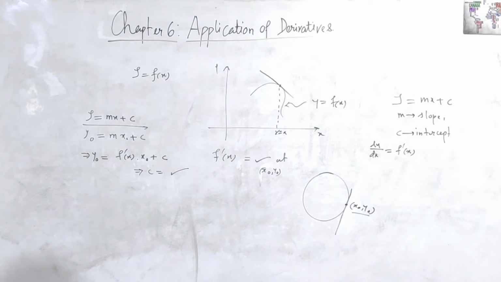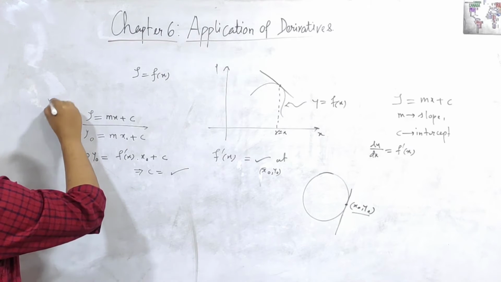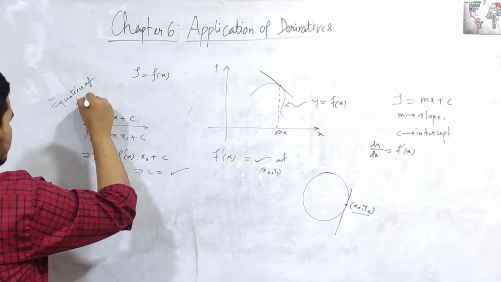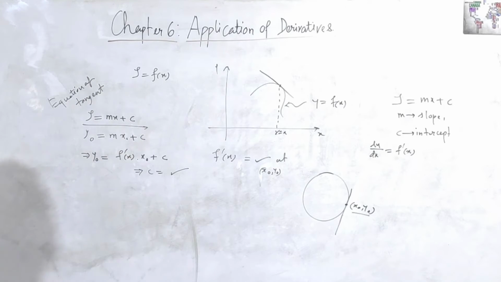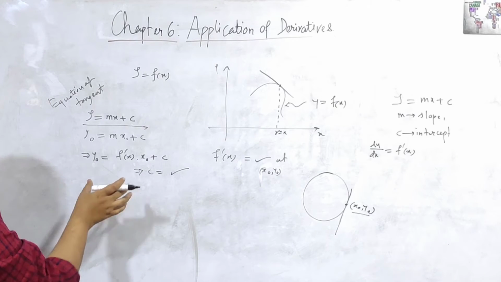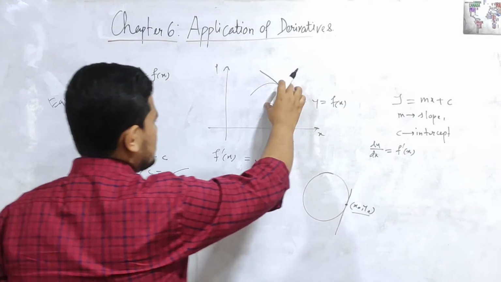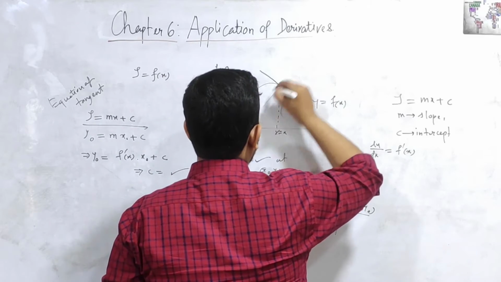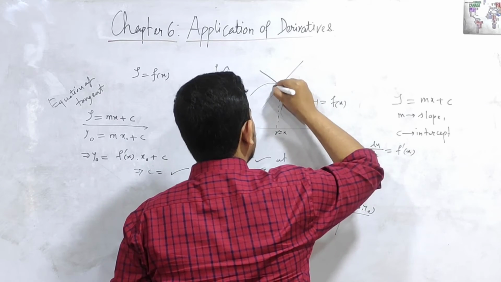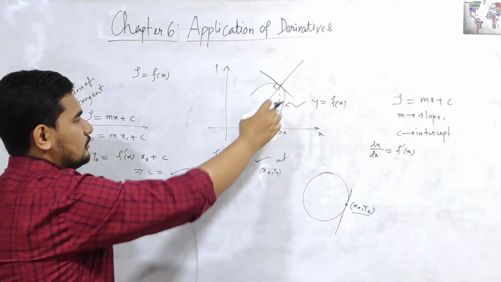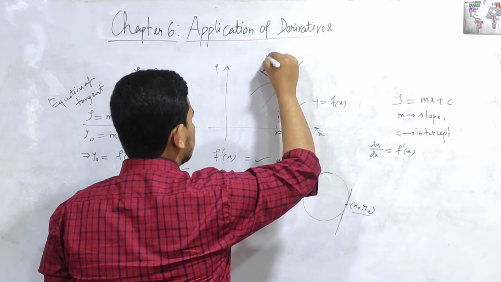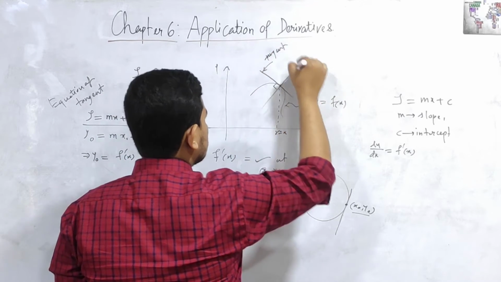This is the equation of tangent. Now to determine the equation of normal, which is very simple and similar to this, all you need to do is first draw the tangent and then at 90 degrees draw a straight line. This is a single straight line. So this is 90 degrees. After drawing the tangent, draw a normal. This is the tangent.